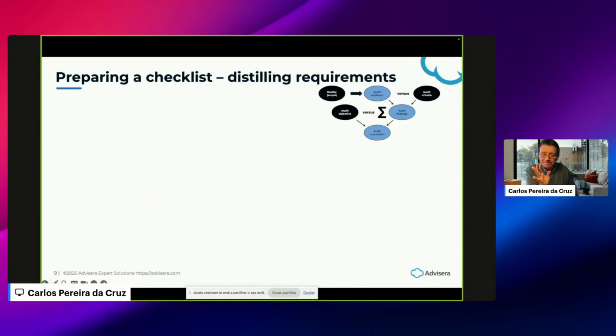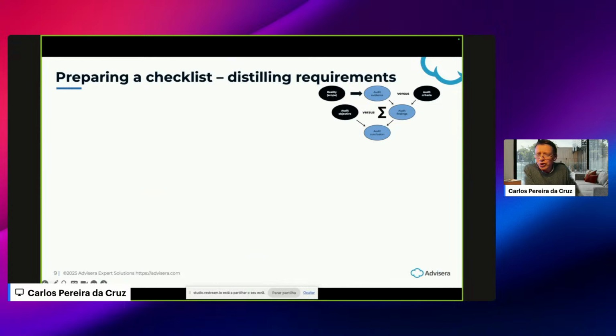Guided by the audit objectives, because different objectives imply different lines of investigation, you need to study the audit criteria to start listing what you want to see, what you want to check, and whom you need to interview to collect audit evidence that supports raising your audit findings, the foundation of your audit conclusion.